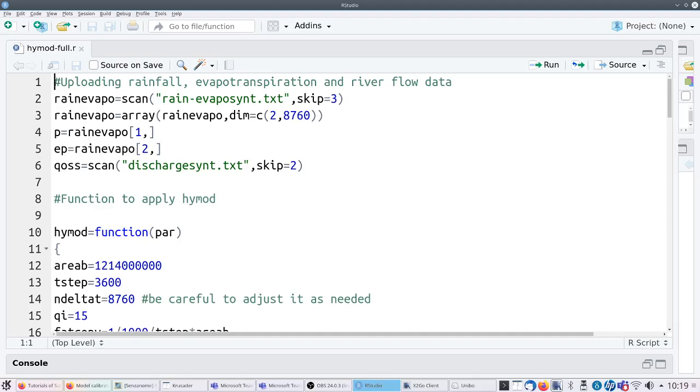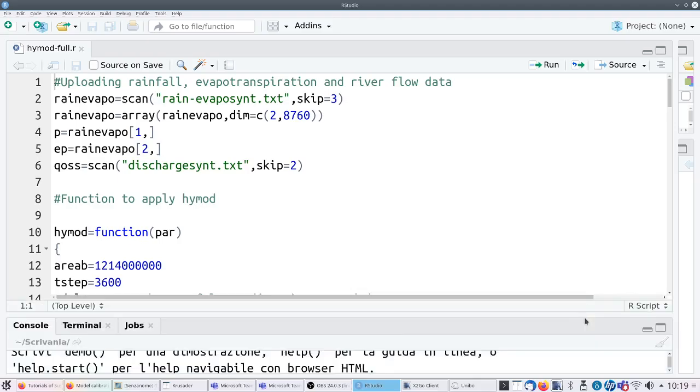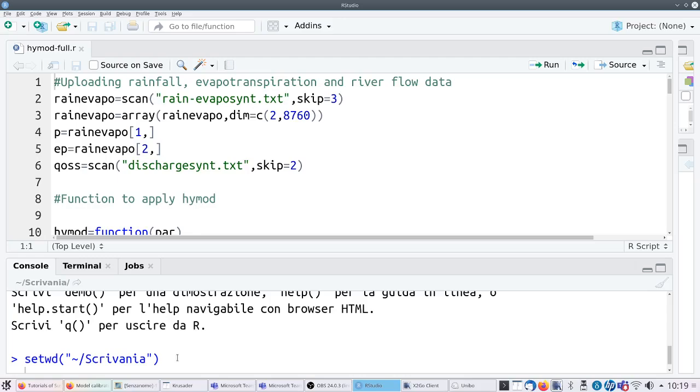I think what we could do is indeed to upload the data by cutting and pasting from the script to the console, and then I suggest to delete these lines from the script. So let's go to the console now, and let's copy from the script this instruction for uploading